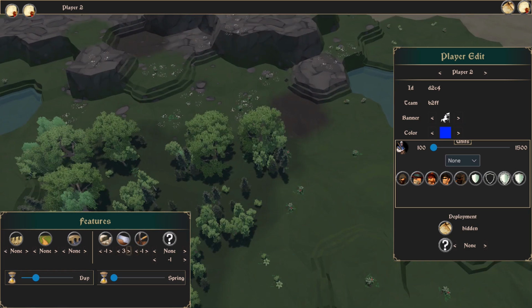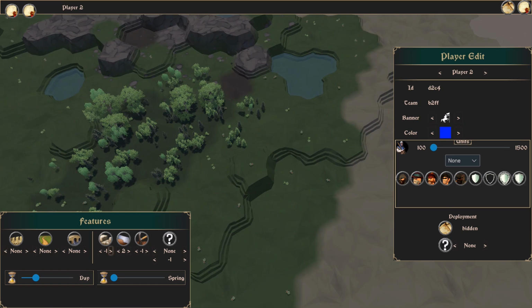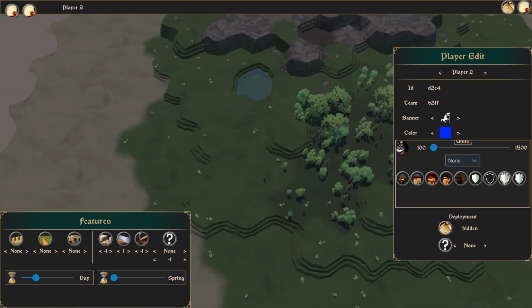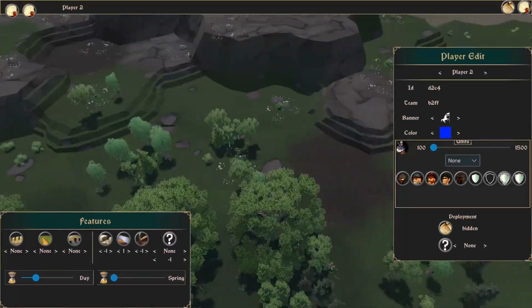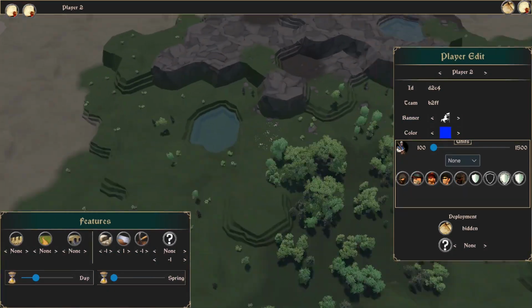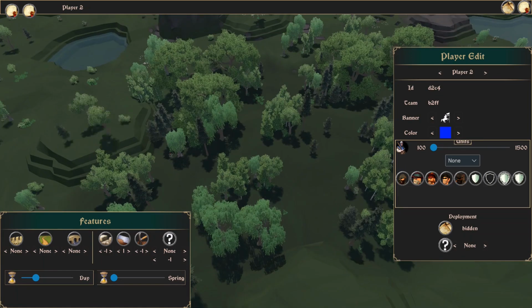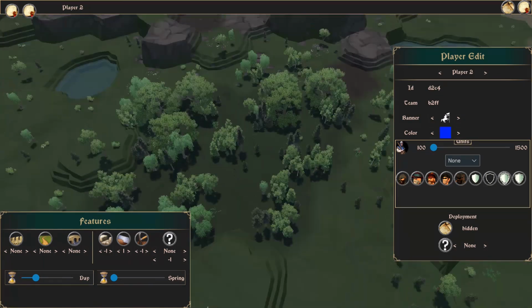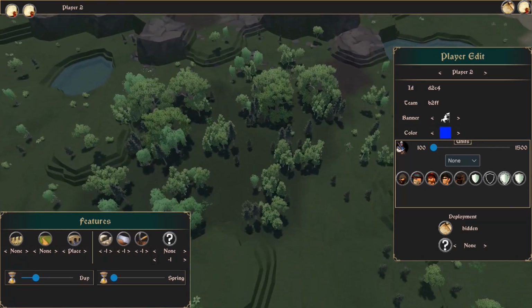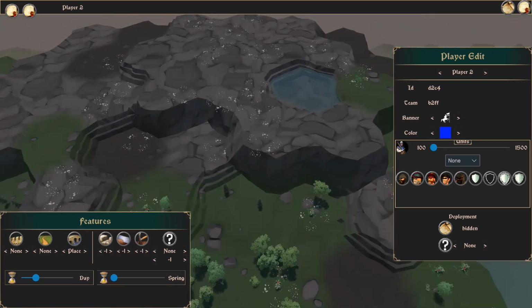This generates trees randomly, but the placement is consistent every time the map loads, so their appearance stays the same. In the future, we might add vegetation zones with different types of trees depending on elevation, but for now we keep it simple. The map is shaping up nicely, but let's add something that adds variety and strategic value: a